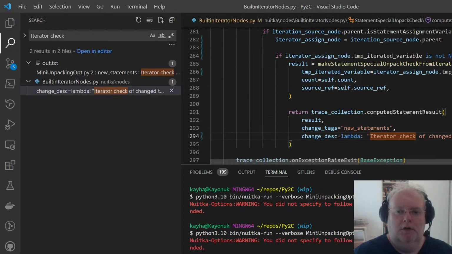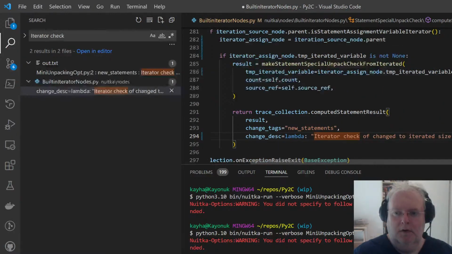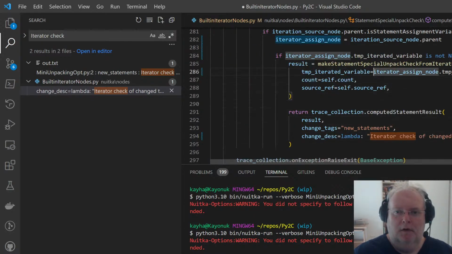Iterator check change to iterated size check using %s, and is this a variable? Yeah.